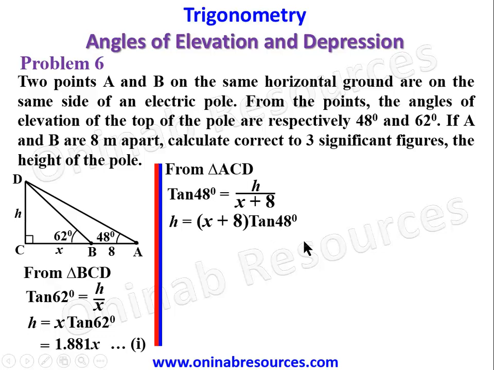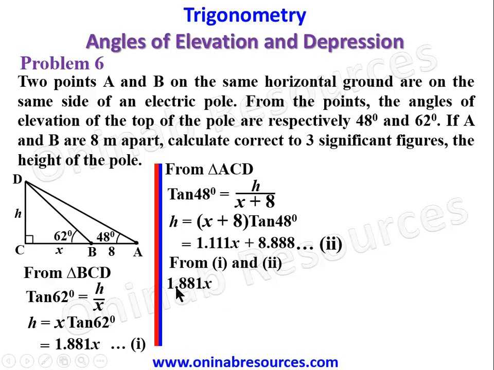Tan 48 degrees is 1.111. So multiplying by this, we have 1.111x. So 1.111 multiplied by 8 gives 8.888, and this is equation 2. Now from 1 and 2, since H is 1.111x plus 8.888, and here in equation 1 H is also 1.881x, we equate them